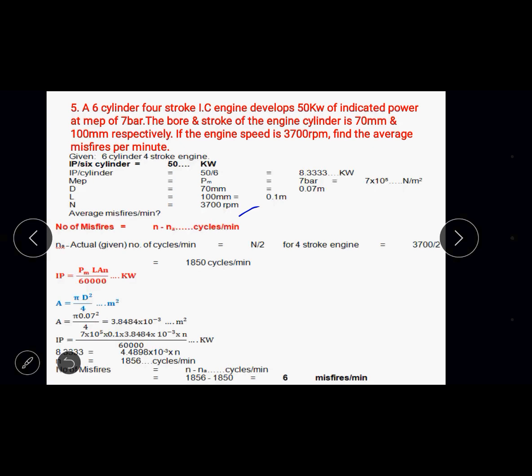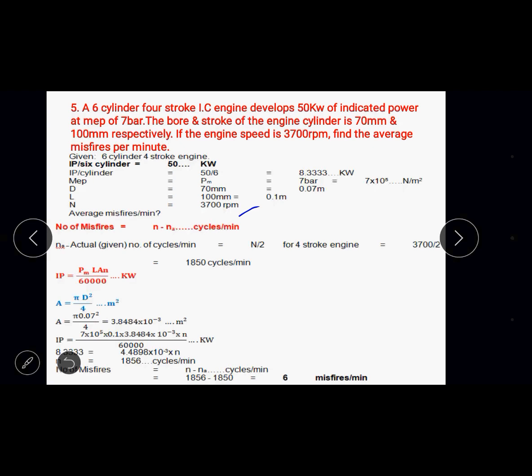Suppose 100 cycles of combustion are performed, it should result in 100 firings. But practically it may not be 100 firings, maybe less than 100. So though 100 cycles of combustion were executed, which should result in 100 firings, practically it may be less than 100. So what is the difference? The difference between the expected and the resulting value is called misfiring. That is what we have to find in this problem, the number of misfires.